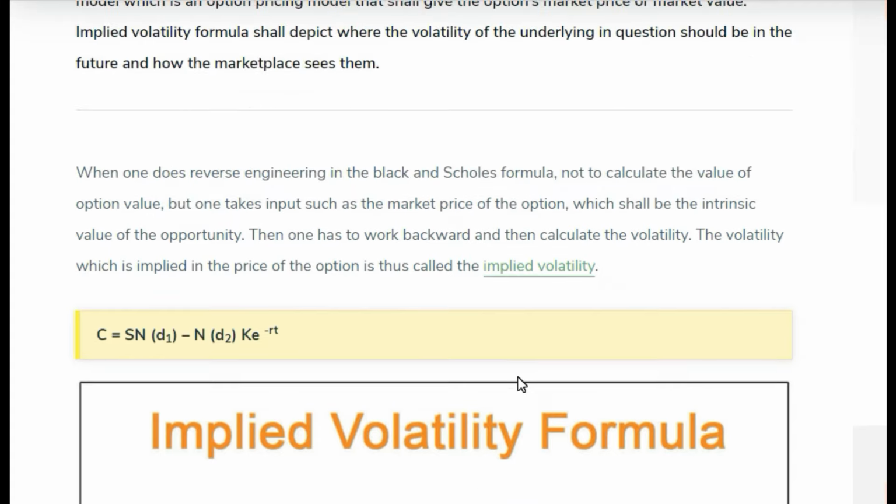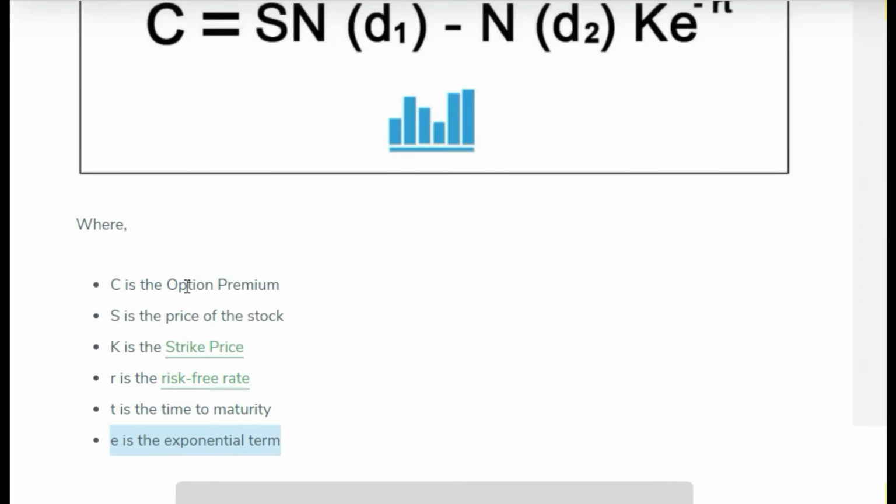So friends, these are all fit into the formula and the option price is calculated. Now when the option price is calculated already, using reverse engineering you can put in the option price and calculate the implied volatility. So how is implied volatility calculated? You have to fit in 5 factors now, even the price of the option which was calculated, and then fit it again in the formula and do reverse engineering to calculate the implied volatility.